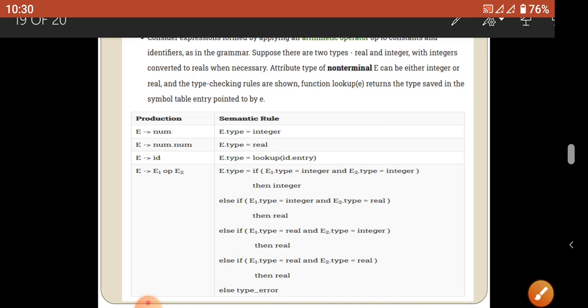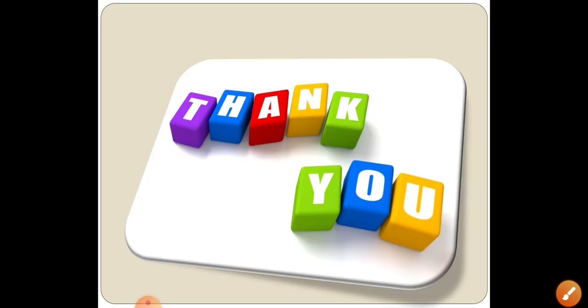So today we discussed the type checking chapter. In this topic we discussed the type system and simple type checker. These topics are performed by the semantic analyzer. The main component of semantic analysis is type checking, and also validating the meaning of each and every construct in a program.